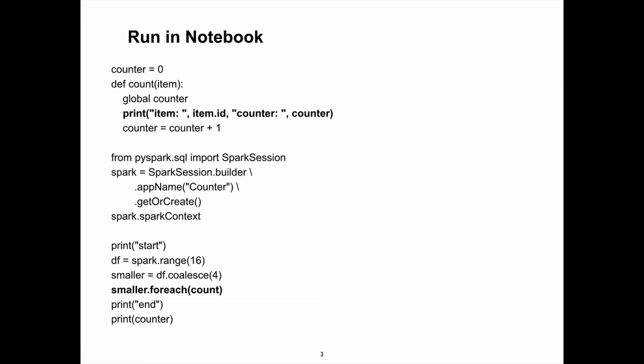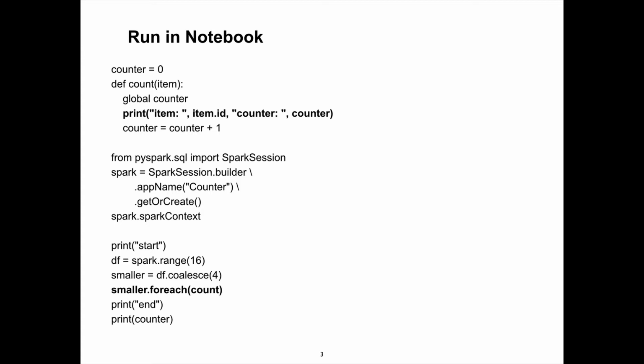And then I coalesce it. What does coalescing do? It reduces the number of partitions I have. I haven't quite figured out why in PySpark, when I run it on my single machine, sometimes I get 100 partitions. This is becoming more interesting, but I haven't figured out the answer yet. And then there's a foreach, which basically you pass in a function and it's run on all the elements in your data frame, right?